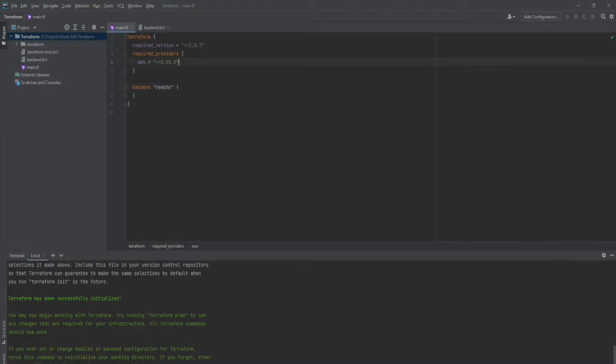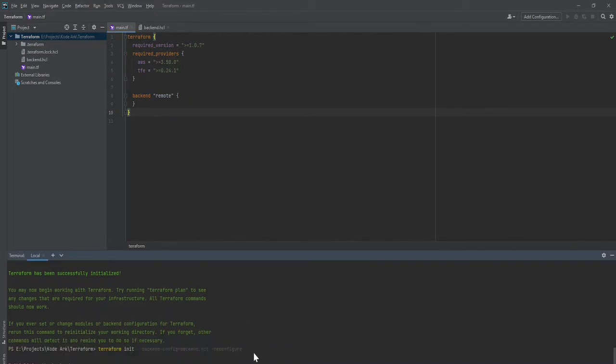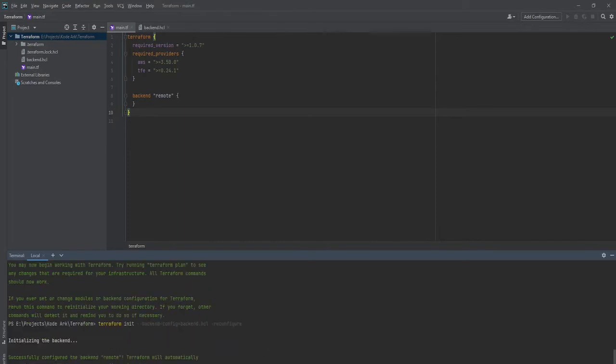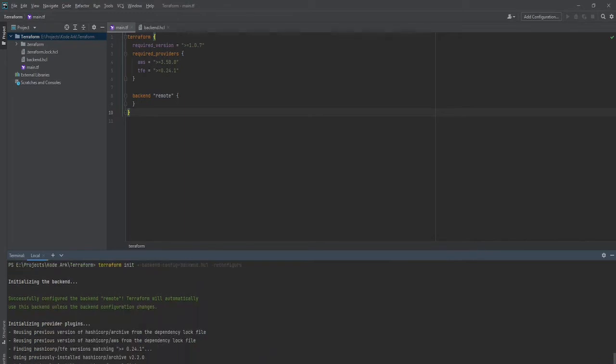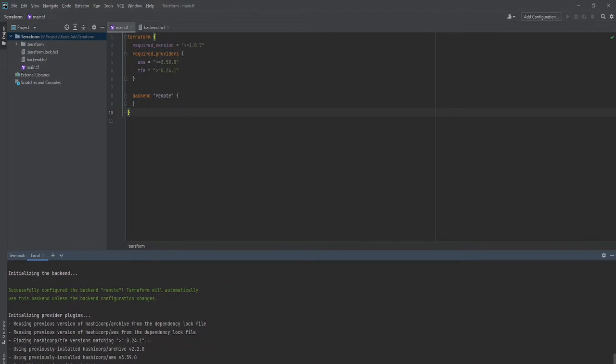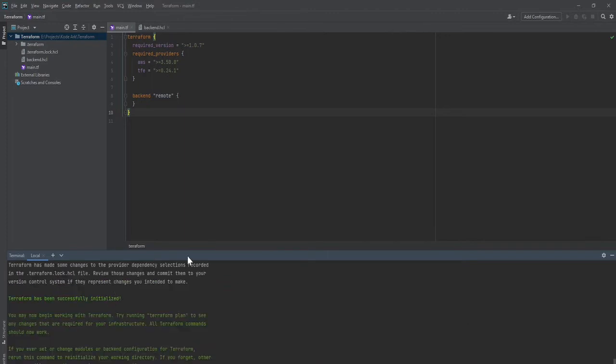For me, I know it's a provider with the name TFE and a version something like 0.24, I guess, and we'll save it and reinitialize. Okay, so everything is set up now.